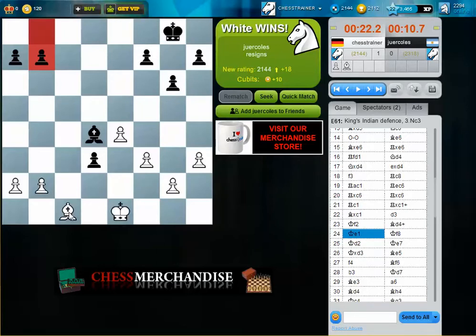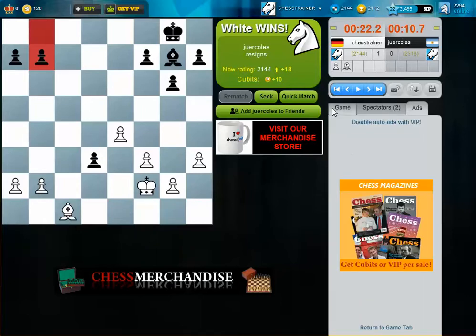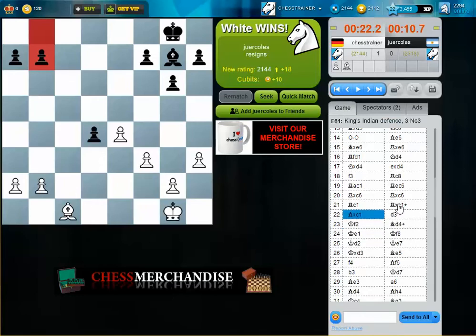Another problem was that I couldn't move my bishop here, and if I play something like b3, he can just check me here, and if I move the bishop in between, he can just move his bishop back again, and so I cannot easily attack the pawn on d3. But I think black just wanted to win this game here by playing d3, and